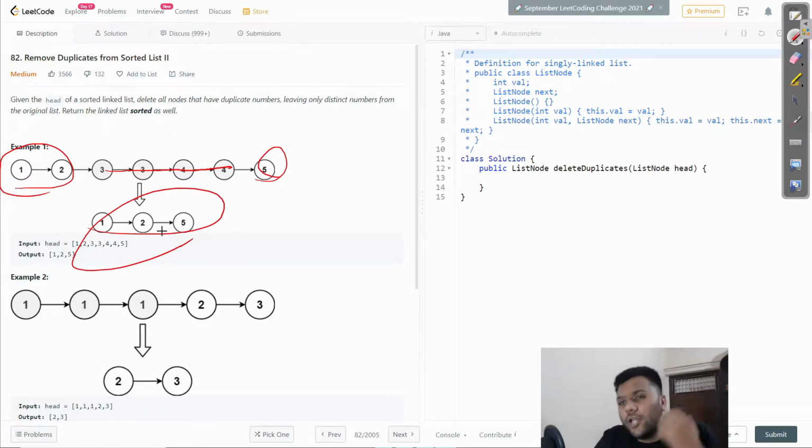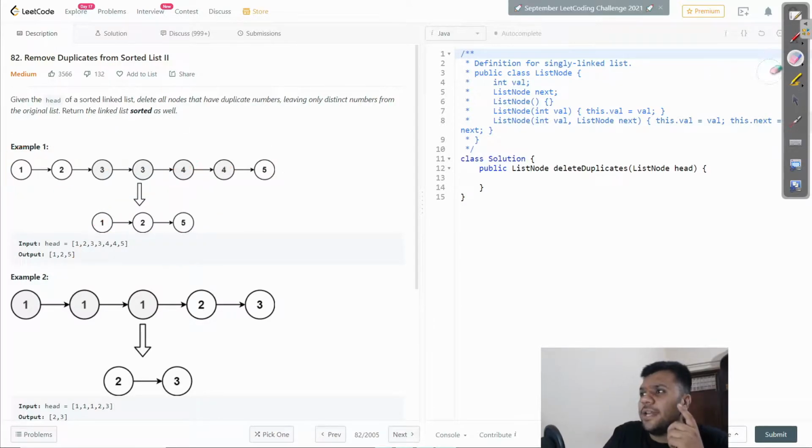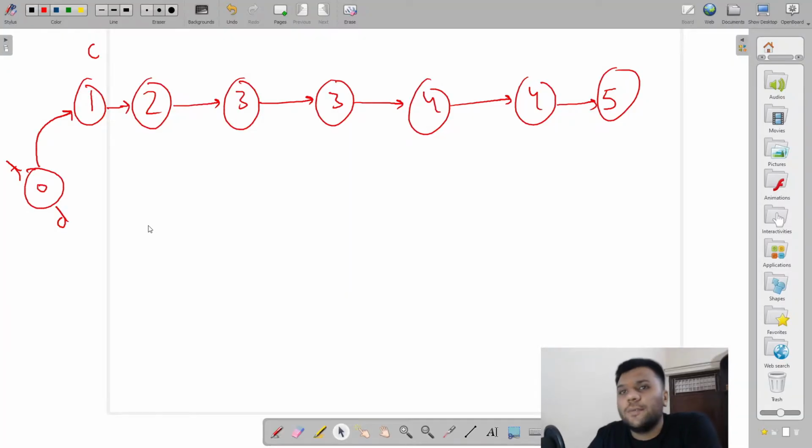Okay, so now how are we going to solve this question? For that, let me take you to the whiteboard and I will show you there. We will use the similar test case. So now let's move over there. And here we go. So I just come over here.